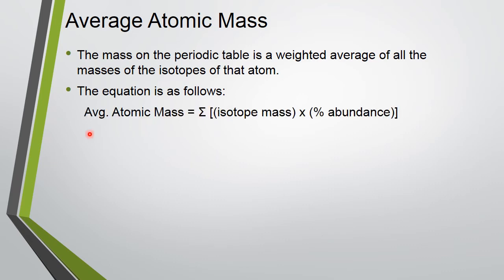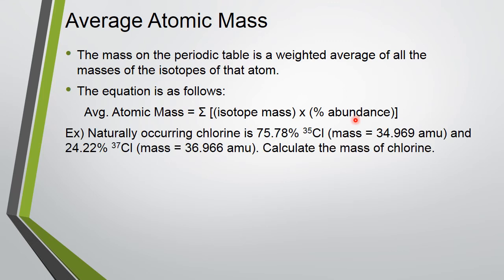Our equation is that the average atomic mass equals, the symbol is a sigma, it means sum of, so the sum of the isotope's mass times the percent abundance. Now the sum tells us that there are going to be multiple of these to add up. So we're going to take each isotope's mass and multiply it by that isotope's percent abundance and then add it to the other ones. So an example of this